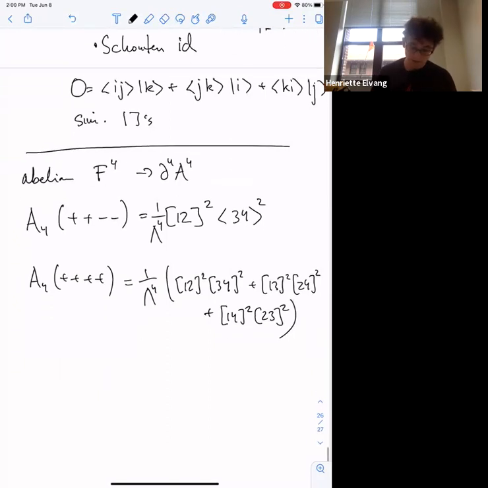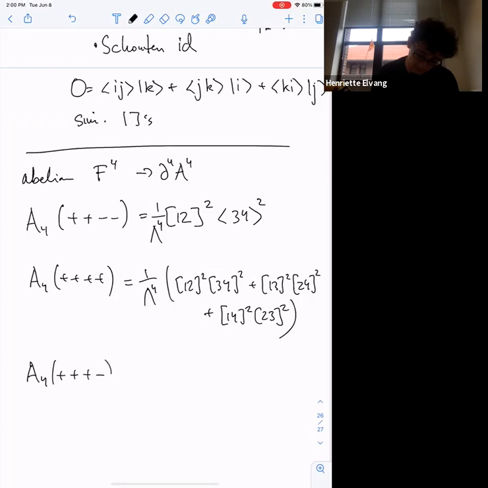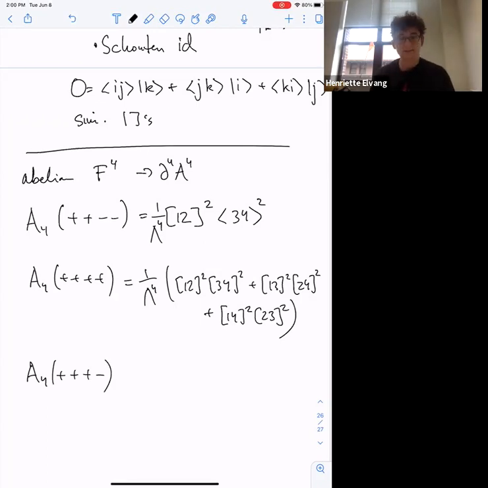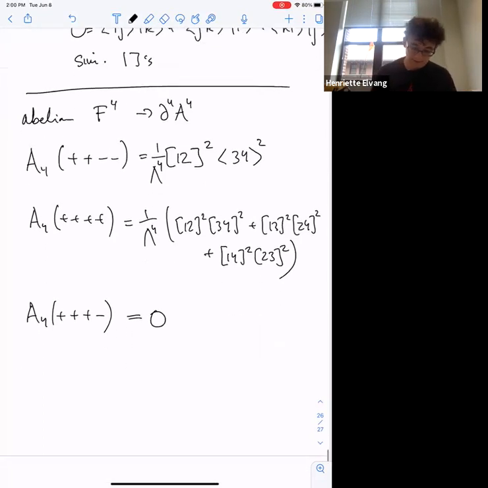There's only one choice there. And if I look at the last independent option with 3 pluses and 1 minus, I see that there's no way I can possibly Lorentz invariant contract all the indices. So this has to vanish. So at the Lagrangian level, this is related to the fact that there are two possible operators that can